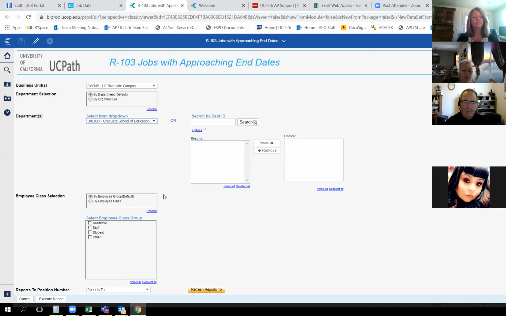So you can select one, you can select more than one. You can search by department number. You can run it by employee class selection, by group or employee class, or you can run it by specific employee class. And for this particular report, the next thing you would do is click execute report. Now I'm not going to execute the report here, but what I am going to show you, and it just takes me a second to pull up,